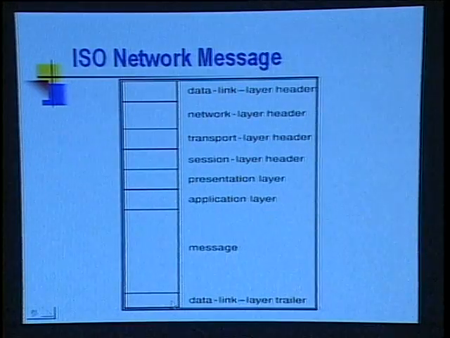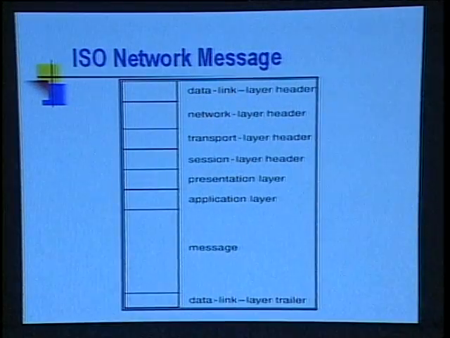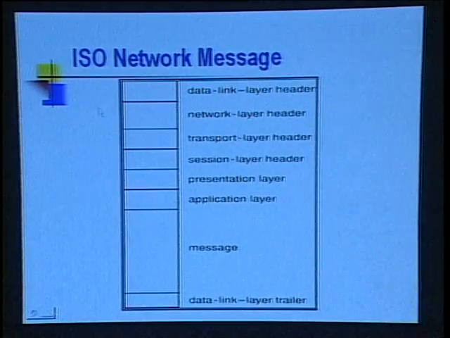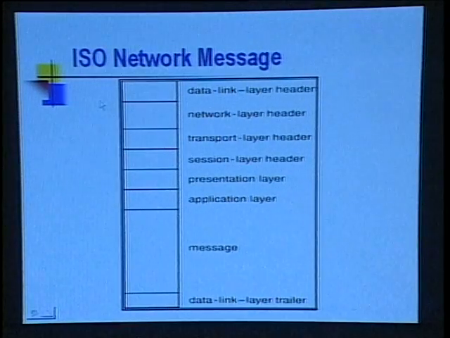As we mentioned earlier, in order for the machines to communicate, machine A and machine B, they communicate under the 7-layer OSI reference model. And as we see in this diagram, the format of the network message involves all these layers in order for an effective communication between the two stations.